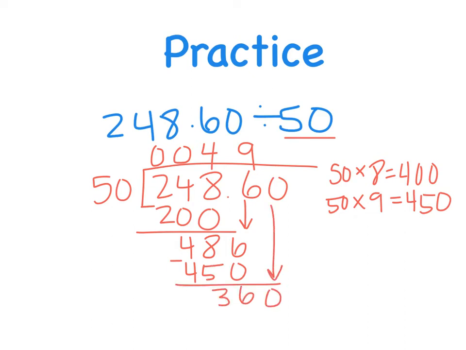When I bring down my 0, I know that 50 goes into 360 7 times, which is 350, and I have 10